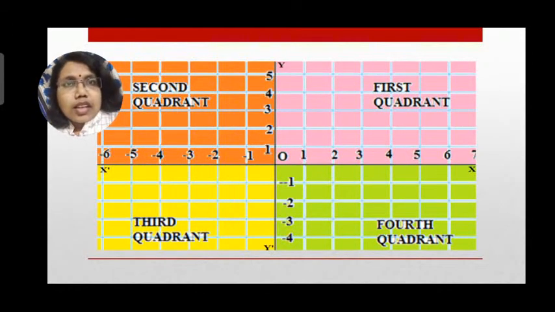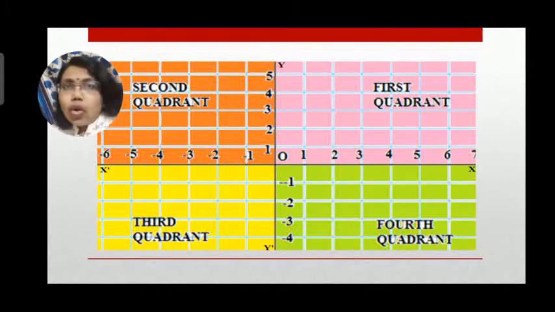Now this is the Cartesian plane wherein we could see the x-axis and y-axis coming together. Actually, the x-axis and y-axis are different number lines which intersect at a point called O, that is 0, and O stands for origin. Now here we could see the first quadrant, second quadrant, third quadrant and fourth quadrant. That is, the graph paper is divided into 4 parts, 4 quarters. Each quarter is called a quadrant. The first quadrant is the one that we are going to study this year. Second, third and fourth quadrants will come later.